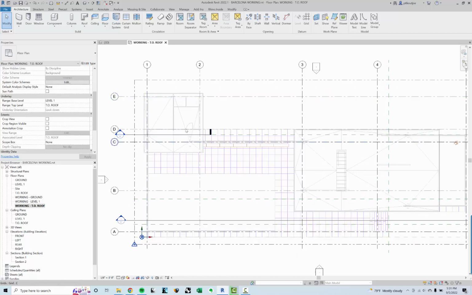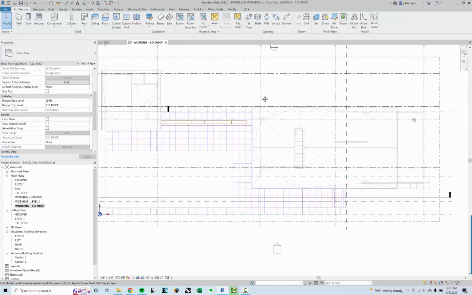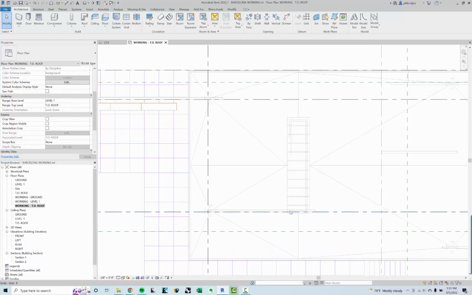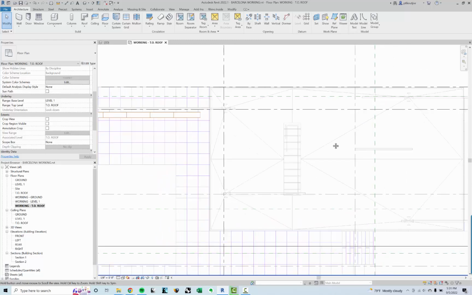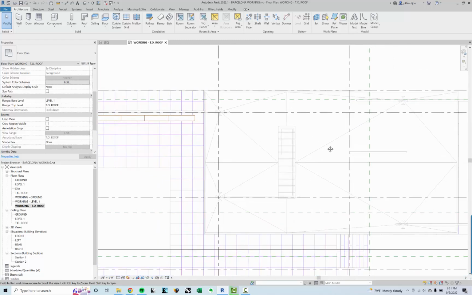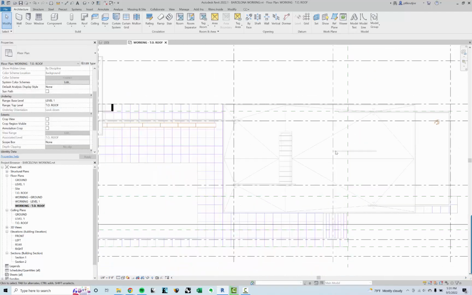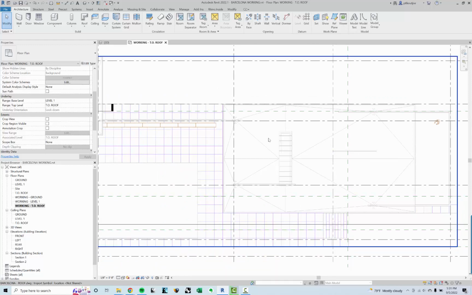We can see the outlines of the roof here, and this is pretty straightforward. What is this element here? I'll take a look to try to figure out what that is. Maybe it's a skylight or something like that, but we'll figure it out. But let's just start with the roof,